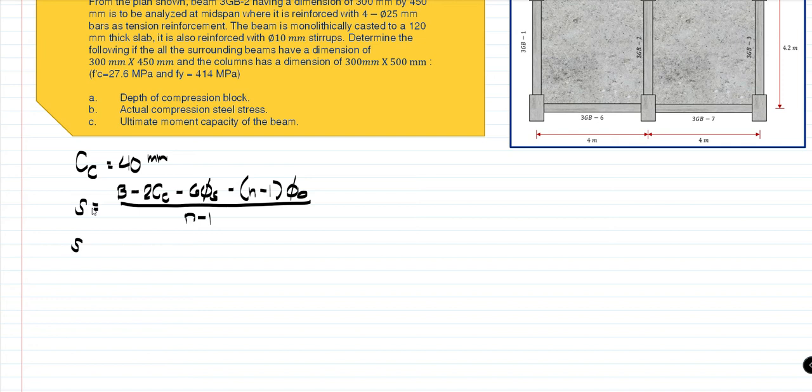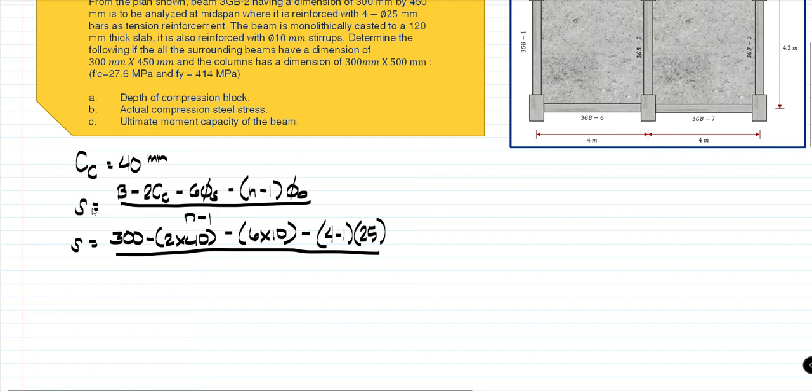So our spacing coming from this one will be 300 minus 2 times the clear cover which is 40, minus 2 times 10 kasi diameter 10 mm stirrups yung gagamitin natin, minus n is 4 minus 1 times ang diameter ng bar natin is 25, divided by 4 minus 1. So, our clear spacing coming from this one will be equivalent to a value 85/3